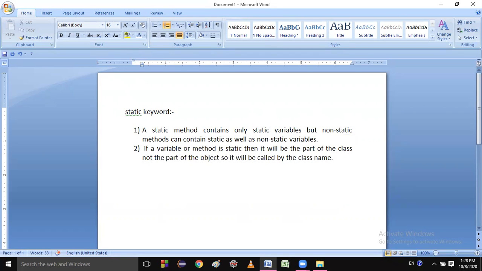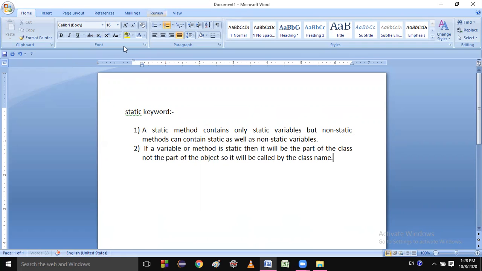Let me explain this point. As you know, students, I explained in the very first class that an object means a real thing which physically exists in the world. Suppose I am taking the object cow.